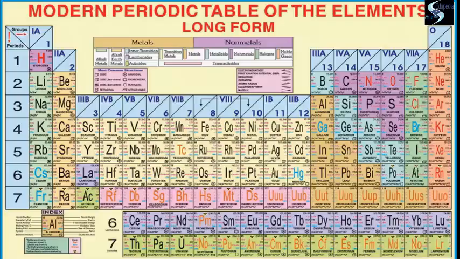Therefore, we can say that density generally increases as the atomic number increases. Well, friends, we know that in the modern periodic table, we always talk about the metals, non-metals, and metalloids. We know that the metals in the solid state have a higher density, as the majority of the metals